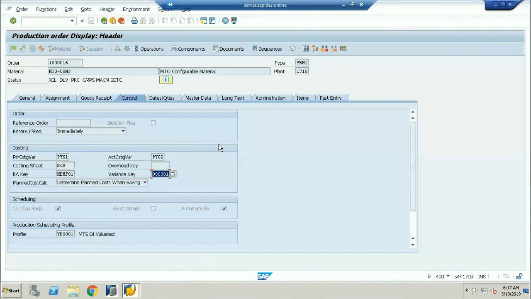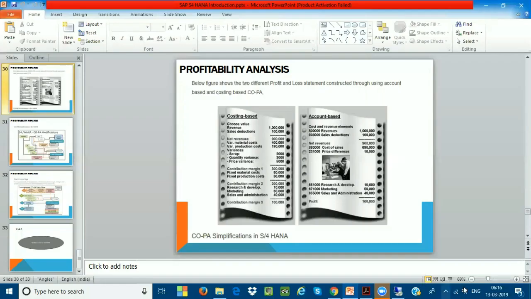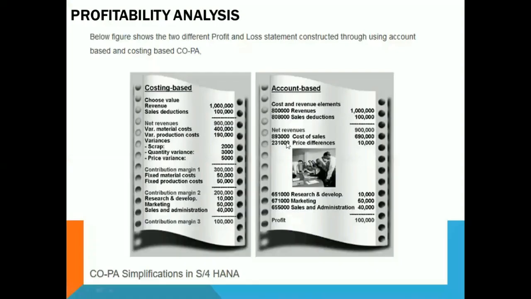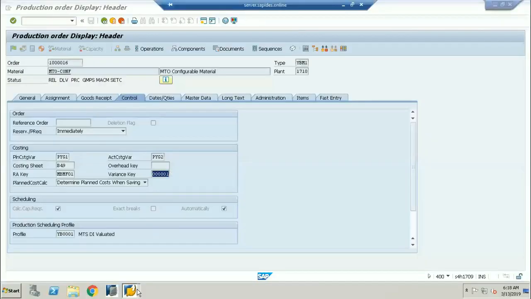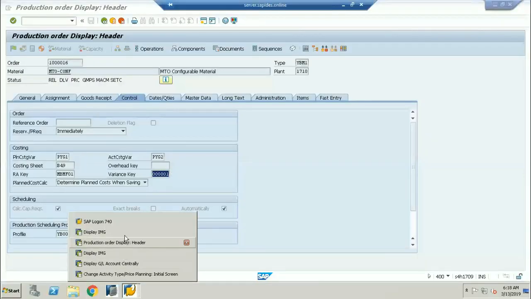Clear? Now, before that, we are going to take all the price differences, the price difference variance, into one GL account, that is 2310000. We are taking this into one GL account. Now, in SAP S/4HANA, we have a new transaction.